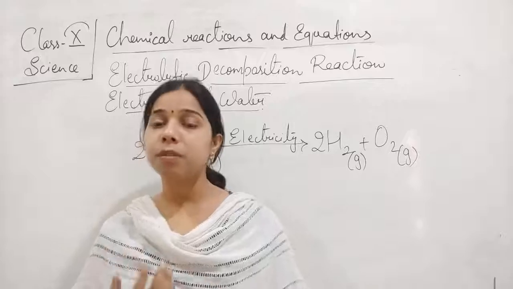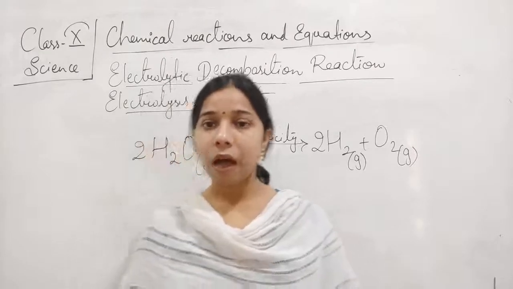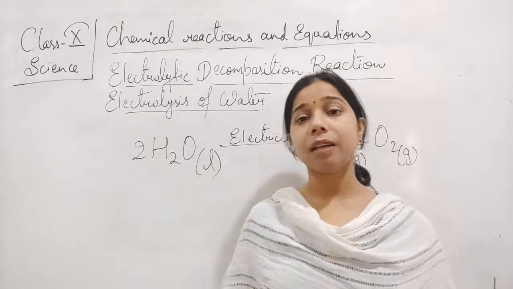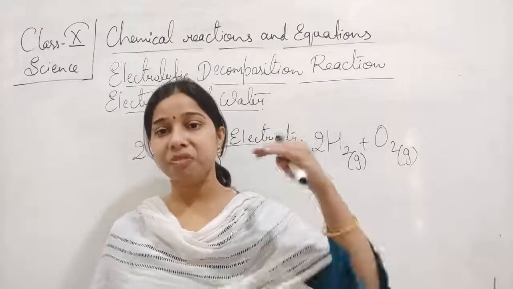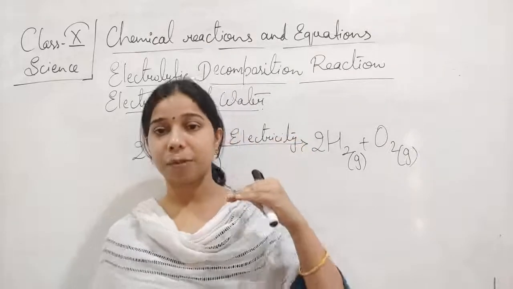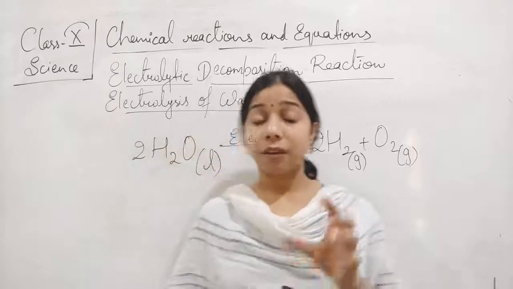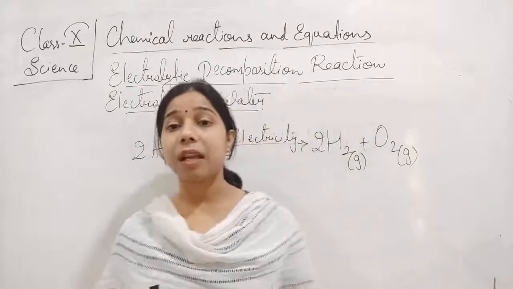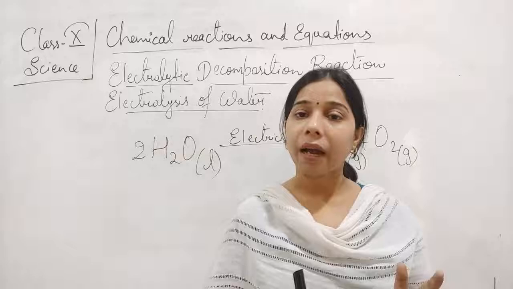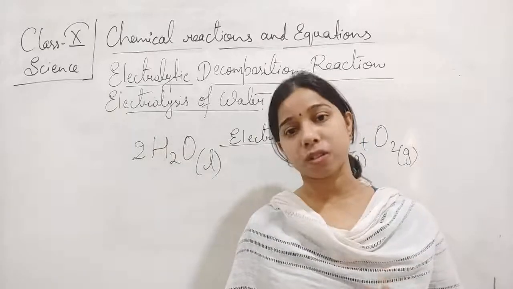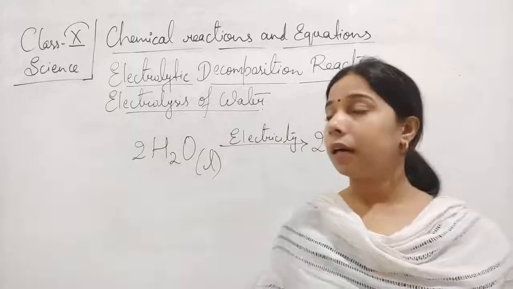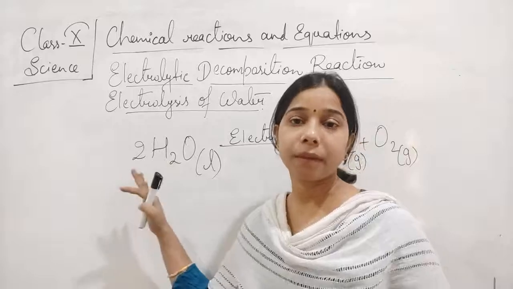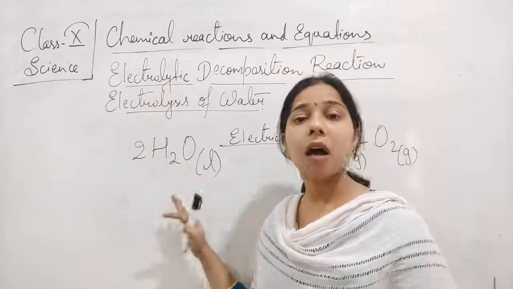So formation of the bubbles proves that a gas is formed. And after continuously supplying electricity for some time, you will find that one test tube is filled with one type of gas and the other test tube is filled with another type of gas. You will find that the gas at the negative electrode is more than that at the positive one, and the reason is the volume of the hydrogen is just double that of the oxygen. You know that in water, it occurs in the ratio 2:1. So one volume will be just double that of the other.